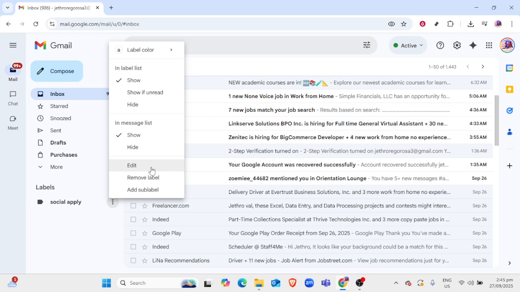By following these steps, you're now equipped with the skill to reorganize your Gmail labels, hopefully leading to a more